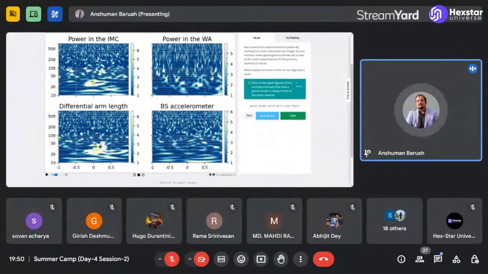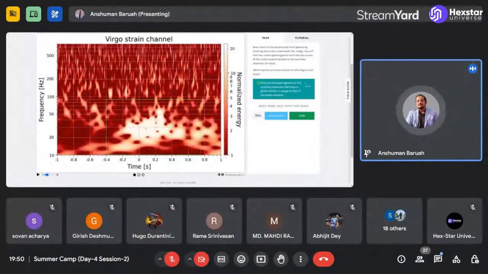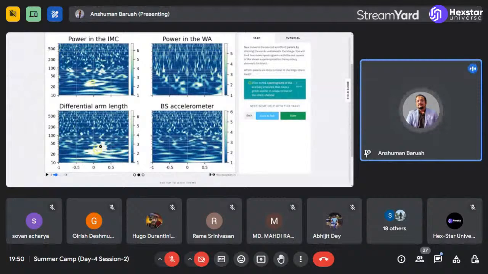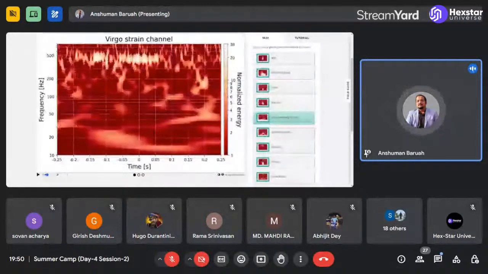So you see that this particular little feature is not present in the western arm or in the accelerometer, right? What this tells scientists is that this light colored region that we observed in the first graph in the entire gravitational wave data, perhaps this disturbance is arising from the IMC or the differential arm length. So we can click on done. Once we click on done, another new source will be loaded for us.